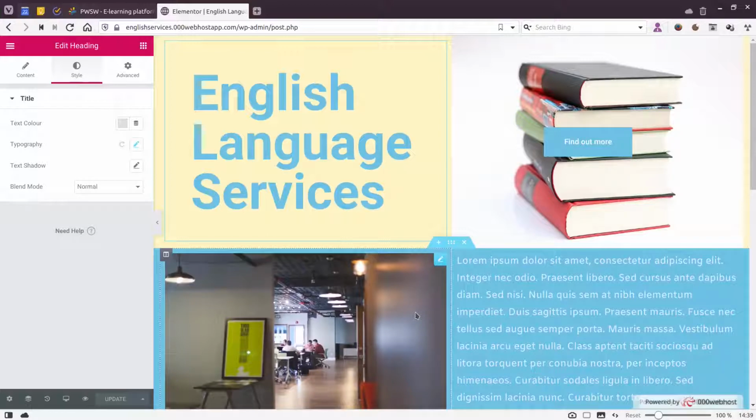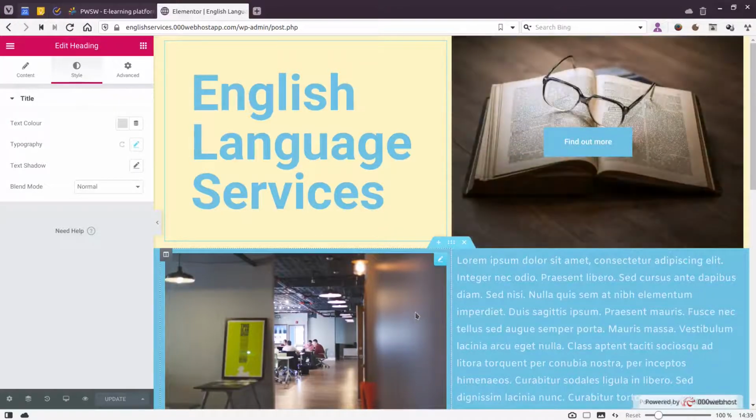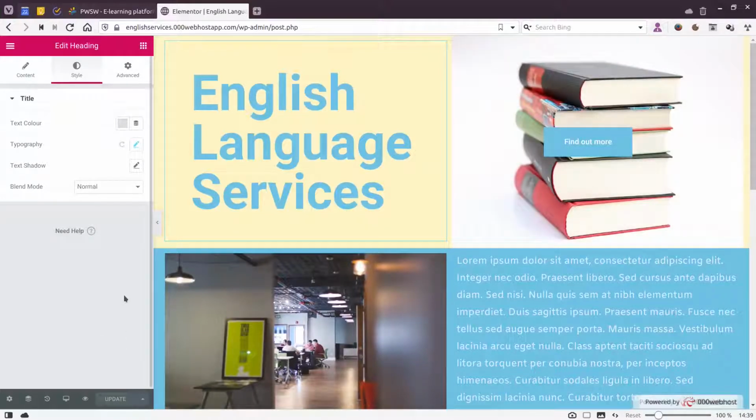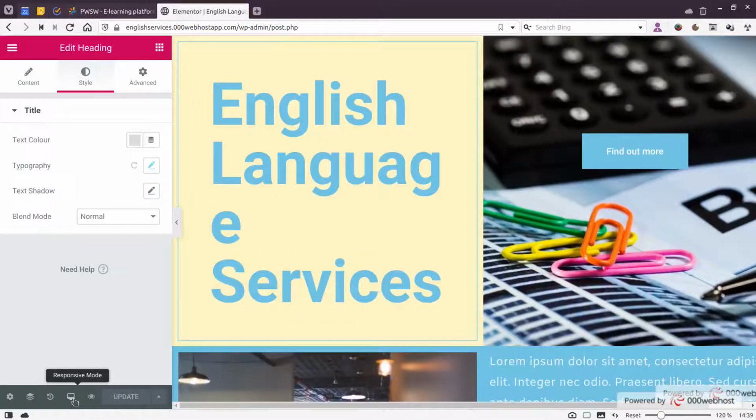And it will look acceptable on most devices. However, you might want to make some adjustments if you're not happy with how it looks. So, in order to do that, you need to go down here. You've got these items. So the fourth one from the left, you can see